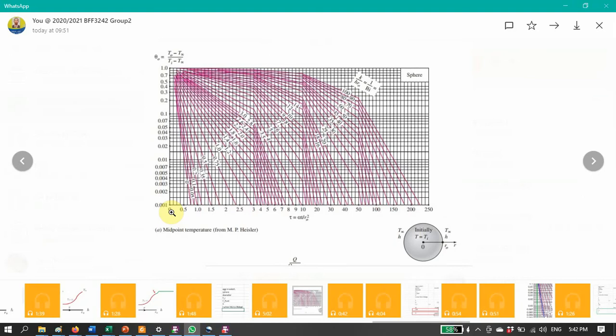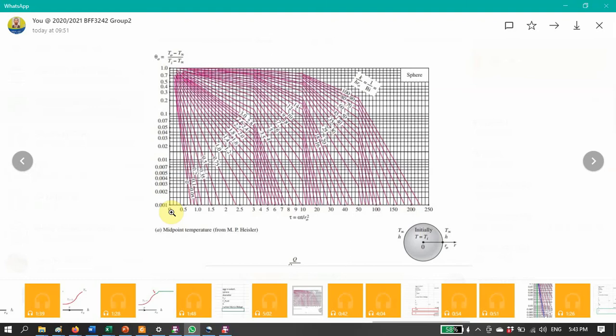But there is a situation where you cannot use the graph. You need to use the tables, depending on what information is available to you, right? Let's say if you don't have information about the Biot number, or the fluid temperature, maybe the Fourier number, so many variables that you don't know, so you can't use the chart. You need to use a table, something like that. So you have to try to use both.